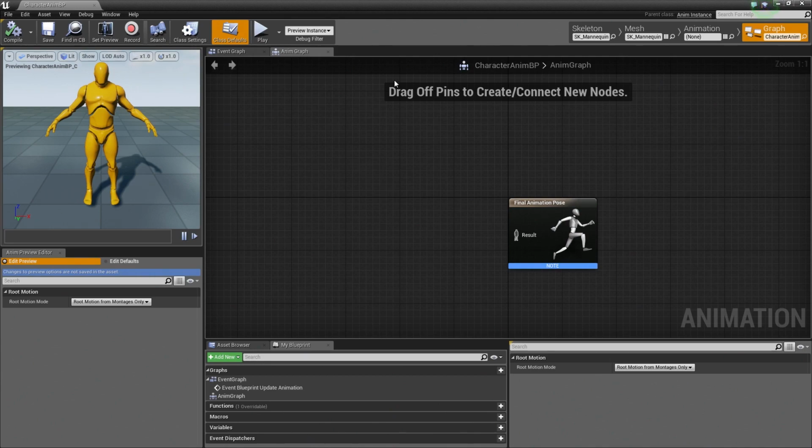Probably first and foremost is this large area here for the graph. If you are familiar with blueprints at all, if you've worked with blueprints, this should look vaguely similar to you because the systems are very much married together. So if you've worked with blueprints, you should feel right at home in here. There are some subtle changes that we'll talk about as we get deeper into the system,